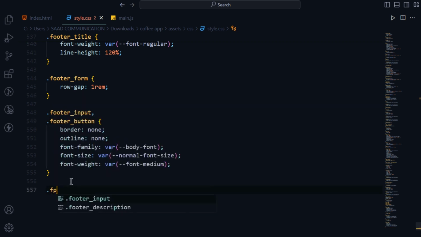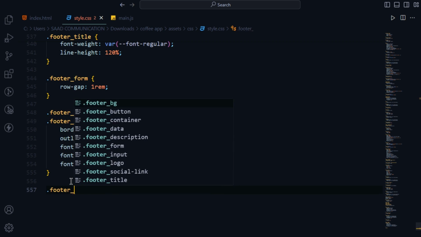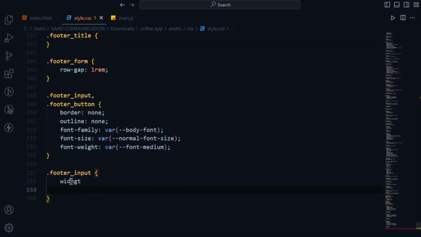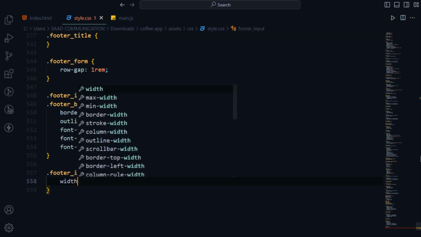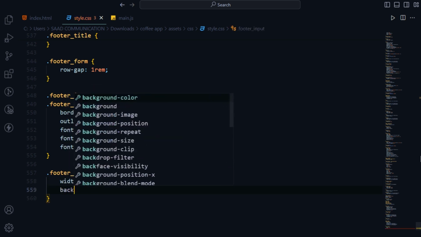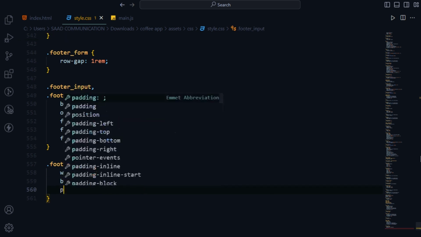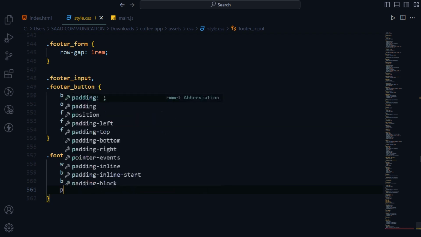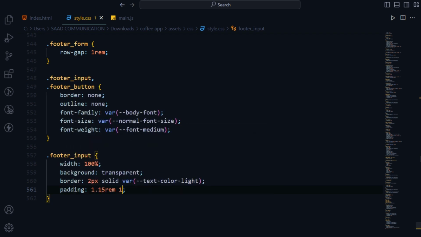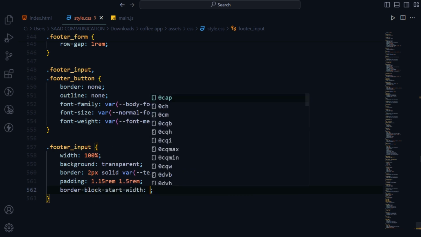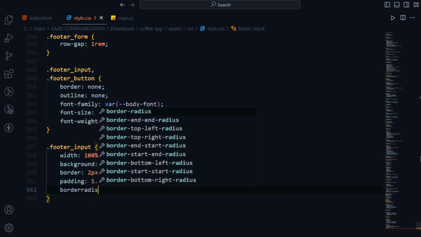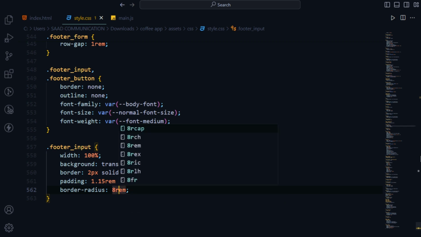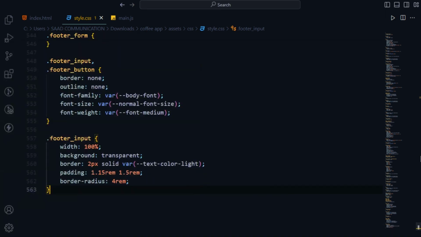Now .footer__input, here you write width 100%, background transparent, border 2 pixels solid var(--text-color-light), padding 1.15rem 1.5rem, then border radius 4rem. Okay, now right here